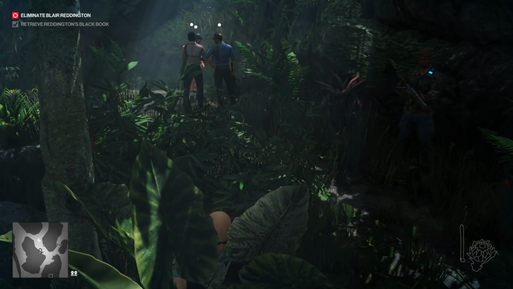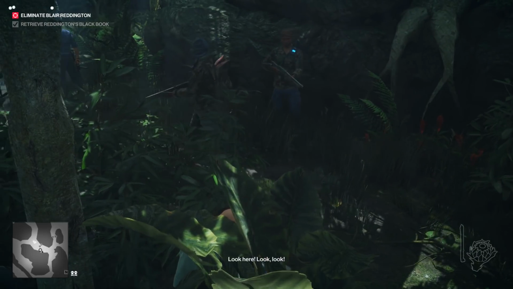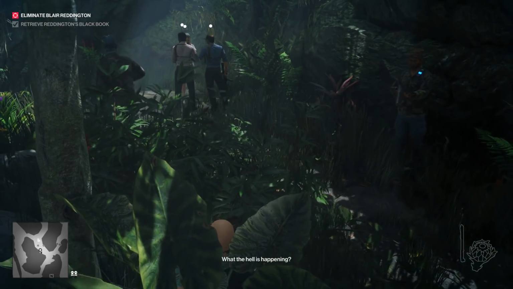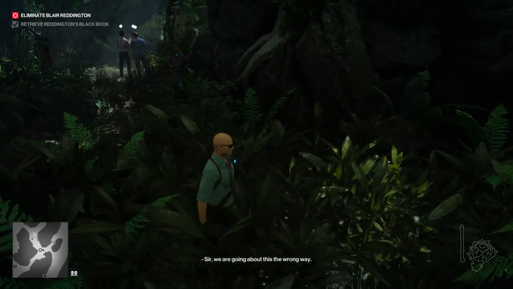You got a problem, amigo? You move around like somebody kicked your ass real bad. What the hell is happening? We got the whole perimeter covered, and there is nothing. Sir, we're going about this the wrong way. We need to